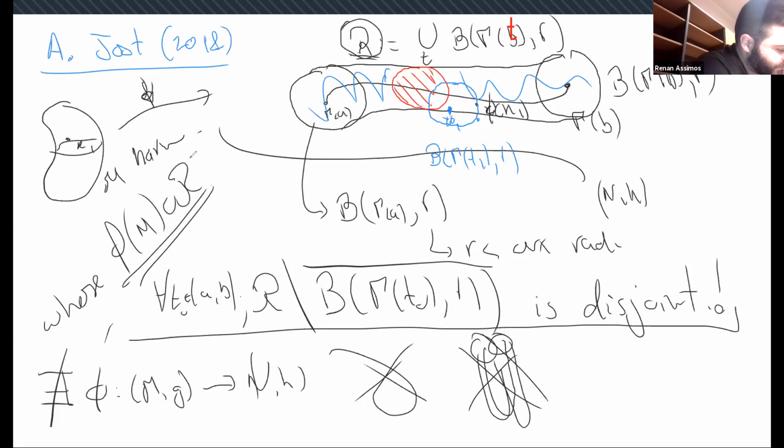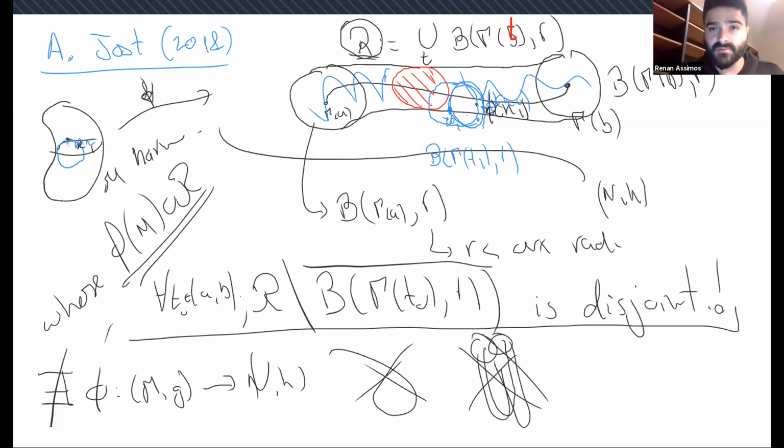By Sampson's maximum principle, there exists a point called x2, and this point is mapped into this side of my region by my map phi. Then again I can find another ball that will be contained here. So the idea is that, since this drawing is going down for some unknown reason,